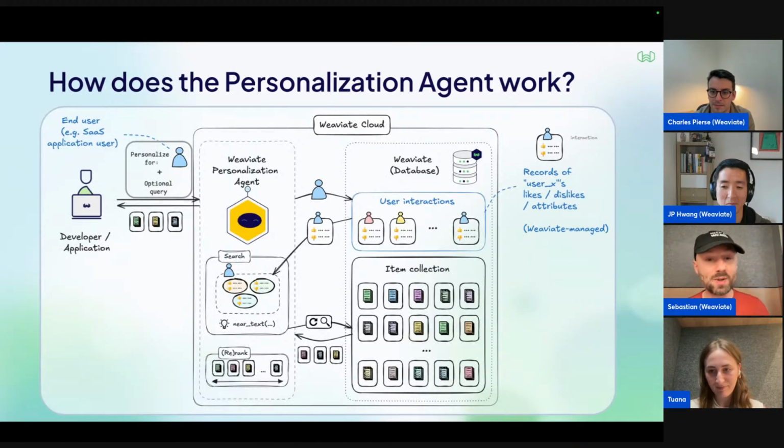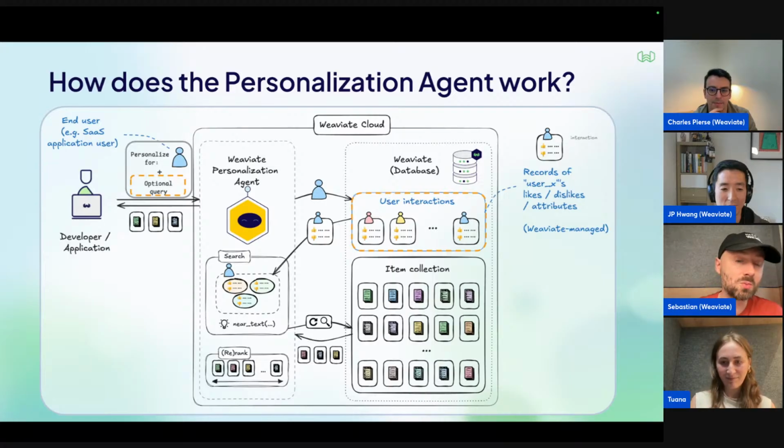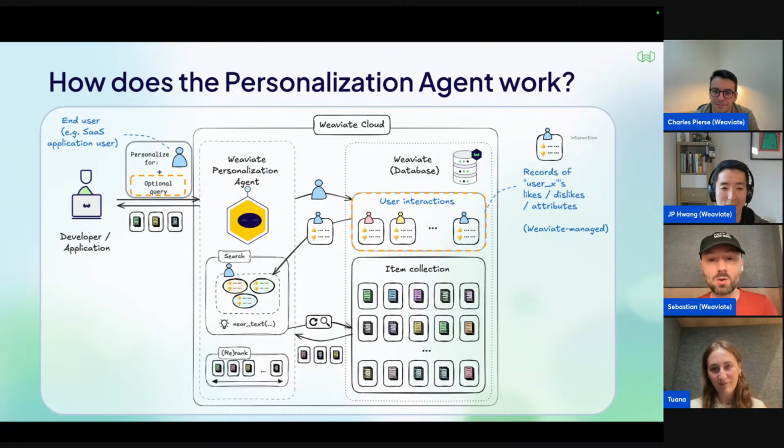So in a more complex graphic, I want to show you the extended part. And the best thing is you actually don't need to know how it works on the inside to use it, but it's pretty cool to understand how it works. Whenever you make a request to the personalization agent, you could either say, hey, without any context, just tell me what this person likes, or you can add an additional query to drill in closer.